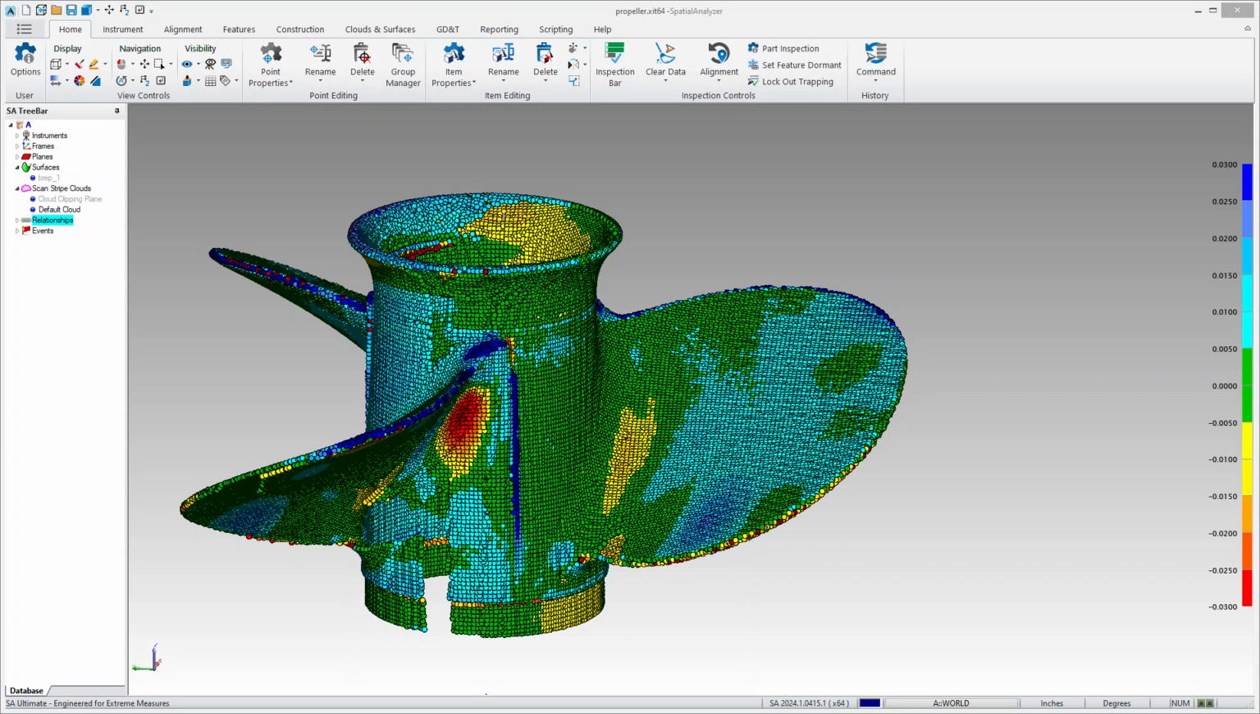In the 2024.1 version of SA, we've added some significant improvements to meshing. One of the challenges we face with metrology is that we can often get a really good color map showing where the deviations are and understanding the part, but then what's really needed for reporting is to export an STL or a mesh, which can be imported into a CAD model, and trying to generate a mesh can be